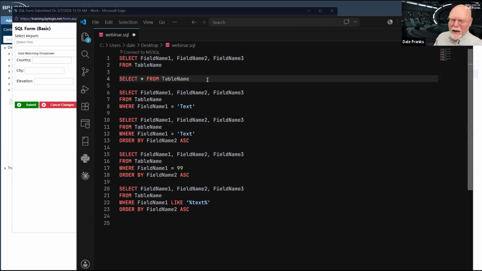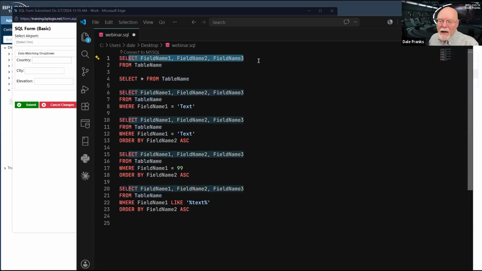Usually we write it like that. This will select all of the data from whatever table I'm looking for. So select gives me the fields, from identifies the table that I want to pull the fields from. As a bare minimum, I need this to make a SQL statement work. Although happily, select star from table name will probably get you 75% of everything you need.